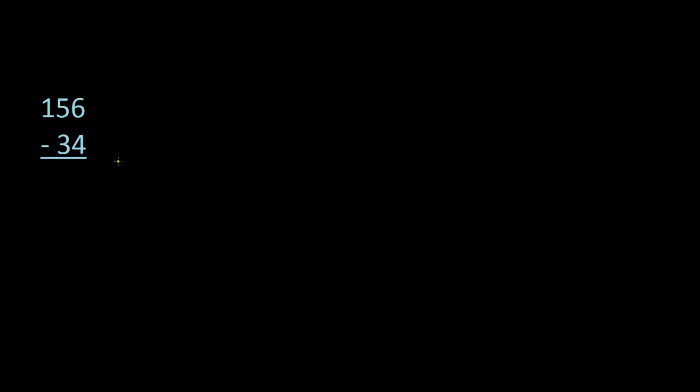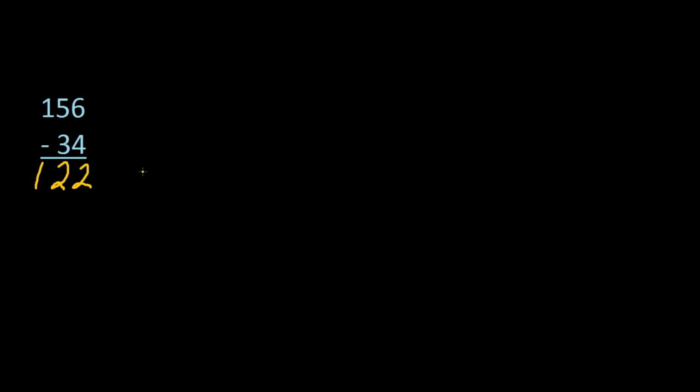156 minus 34. Again, we look at this. We start in the ones column. We're going to start at the smallest unit. So once again, 4 is smaller than 6. So 6 minus 4 is 2. 3 is smaller than 5, so 5 minus 3 is again 2. There is nothing in front of the 3, so we know that just implies that there is a 0 there or nothing. So 0 from 1 is still 1, so our number is